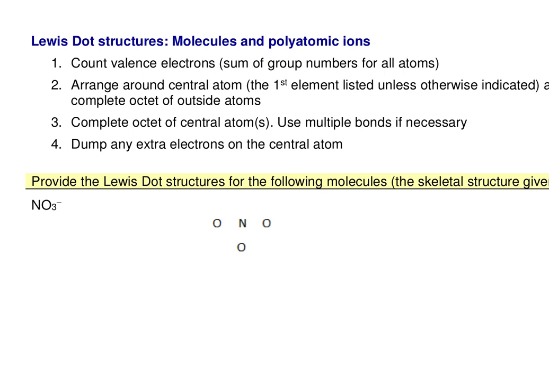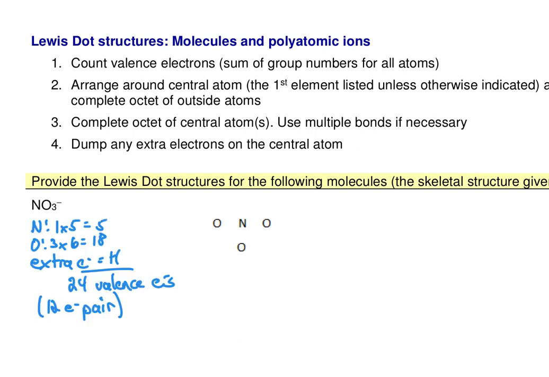Let's count up the valence electrons. We have 12 electron pairs to distribute across the structure. Let's first connect the center and the outside atoms. We'll complete the octet of the outside atoms, and we'll see when that's done that we've used all 12 of our